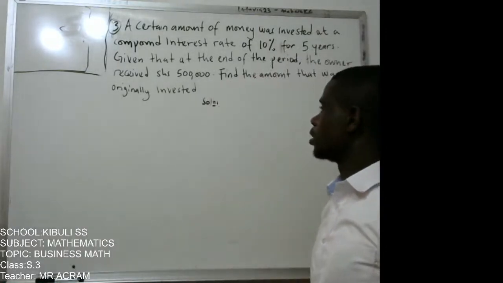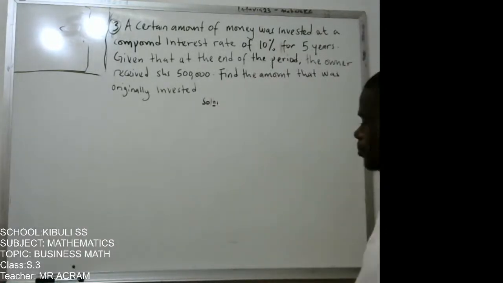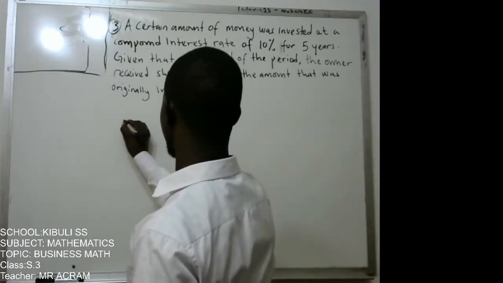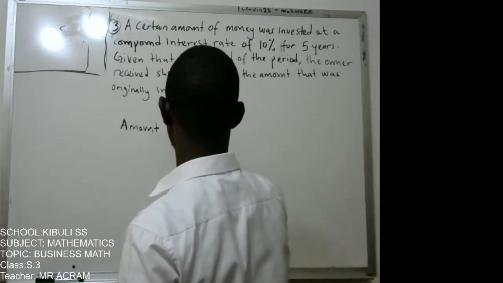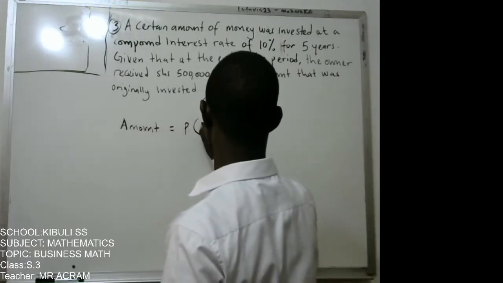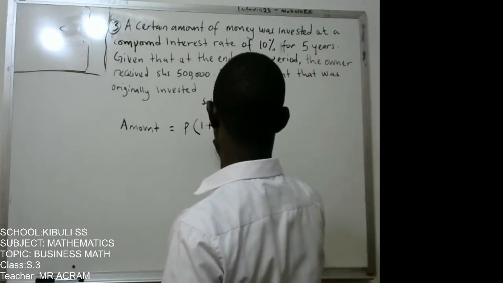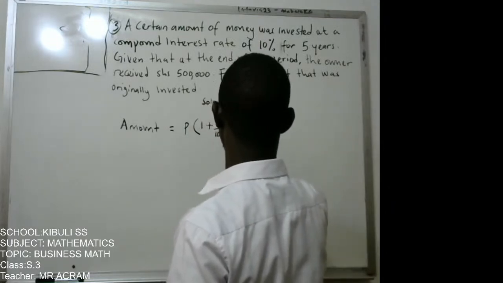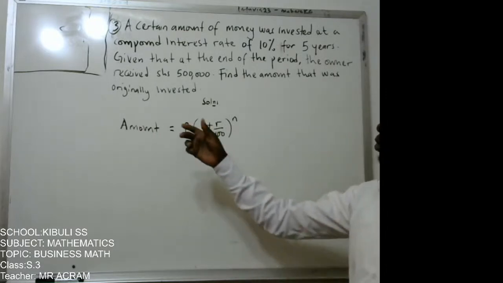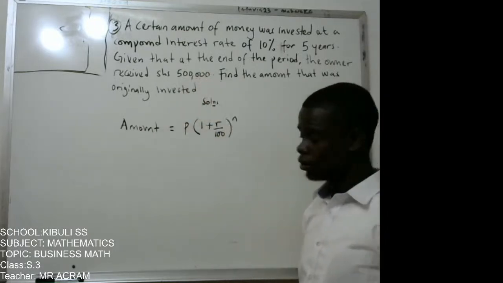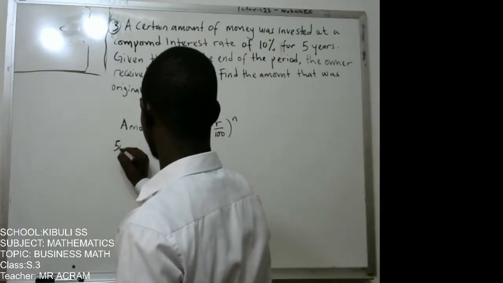Yes, so we are looking for the principal in this case. From our formula, the amount is equal to principal into 1 plus r over 100 power n. We have the amount. Do you know what the amount is? At the end of this period, you receive this. This is the amount, not so? So the amount is 500,000